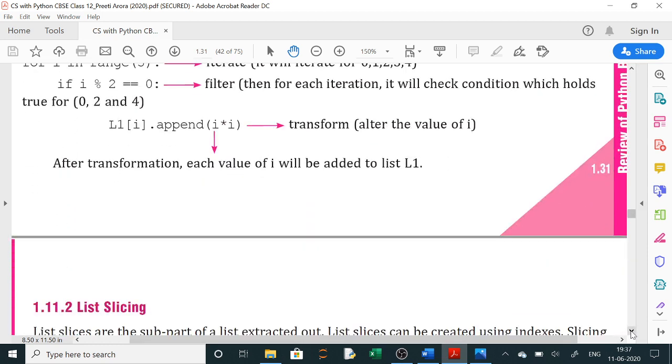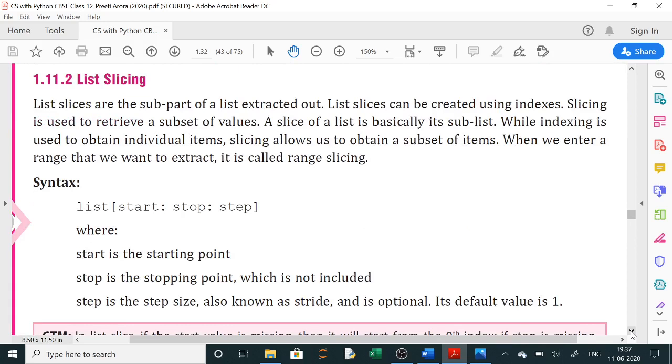Now next topic is list slicing. In list slicing we are using start, stop and step value. That is the extraction of a subpart from a list. So list slices are the subparts of a list extracted out. List slices can be created using index. Here these are the index positions. Slicing is used to retrieve a subset of values.